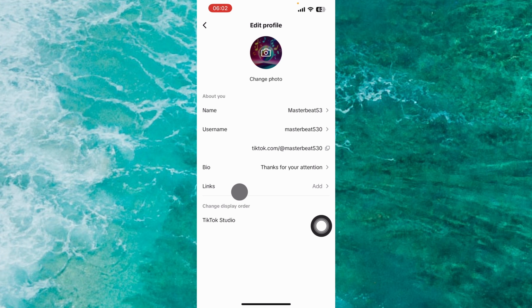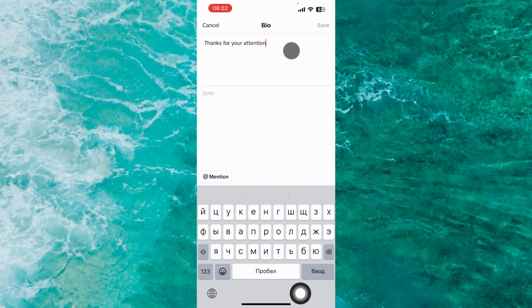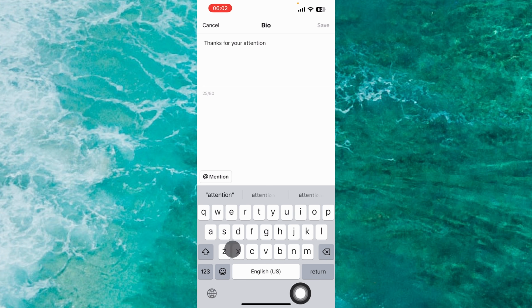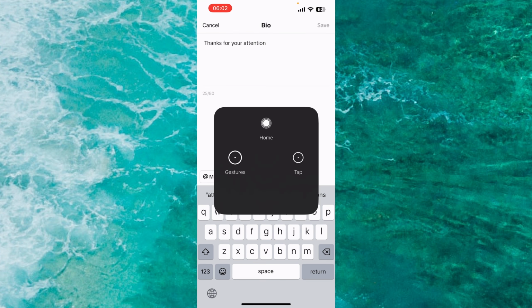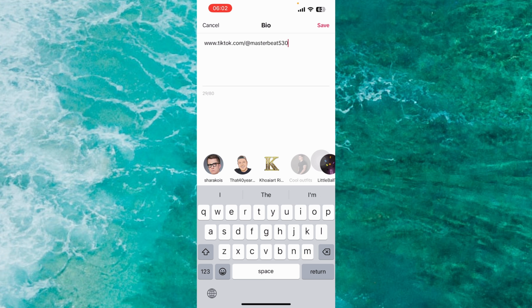And the second one, you just tap on the arrow next to Bio, tap on this specific arrow over here, then just paste your link that you want to show in. At the moment, I just copied my TikTok link and I just paste it over here, and then just tap on Save at the top right corner